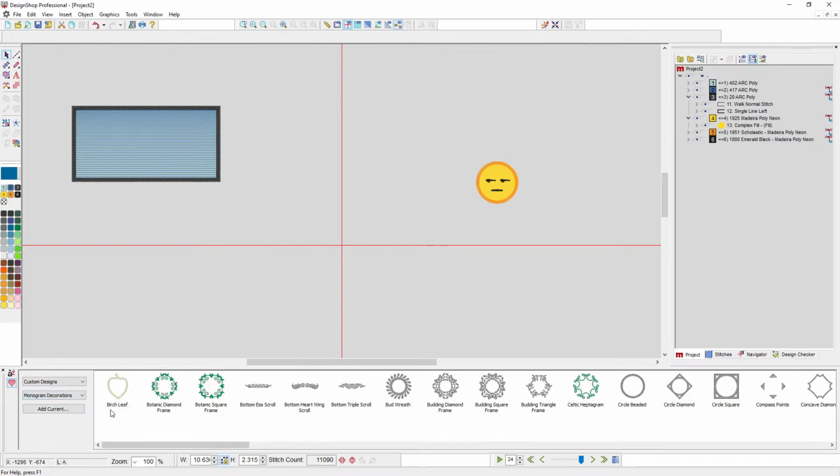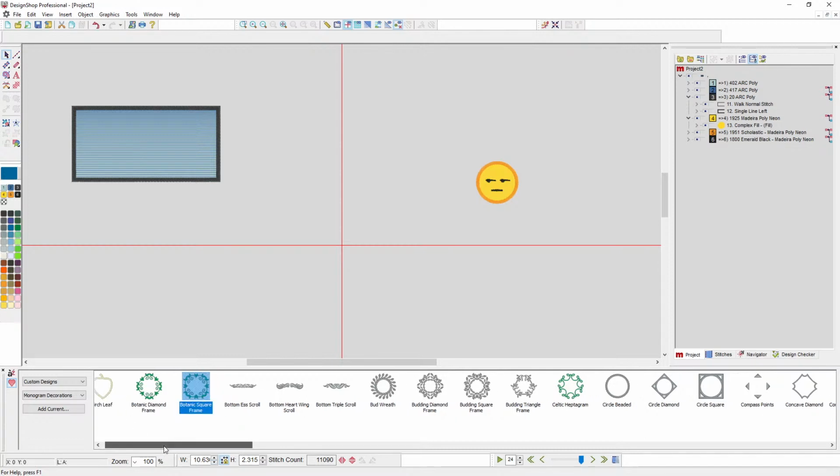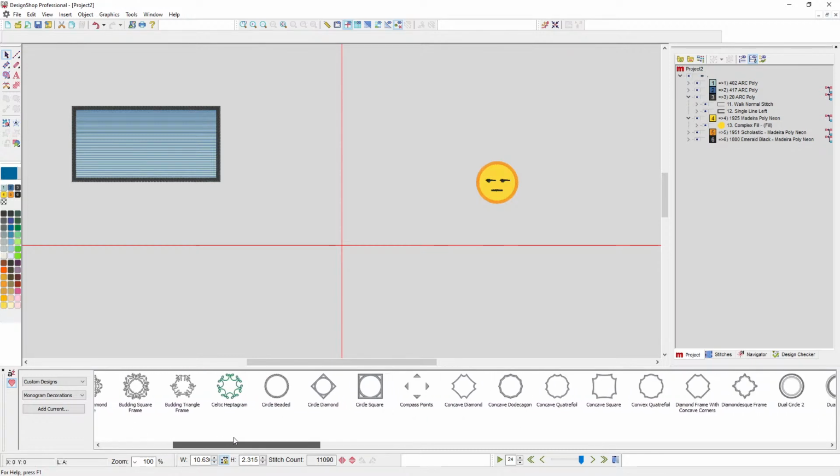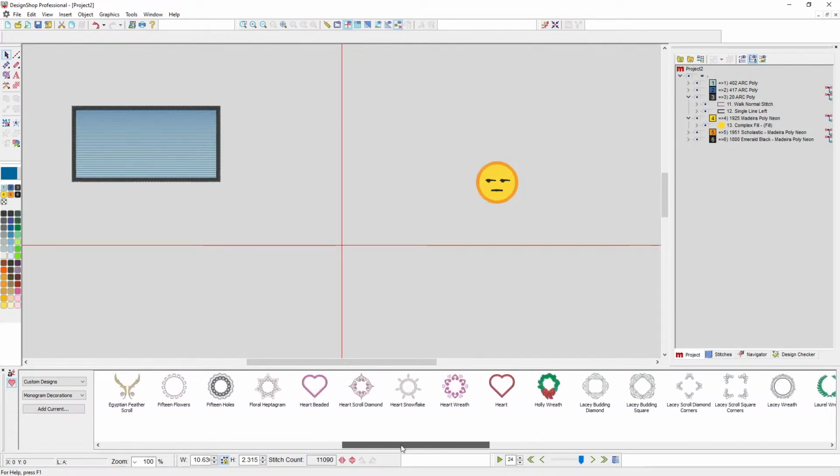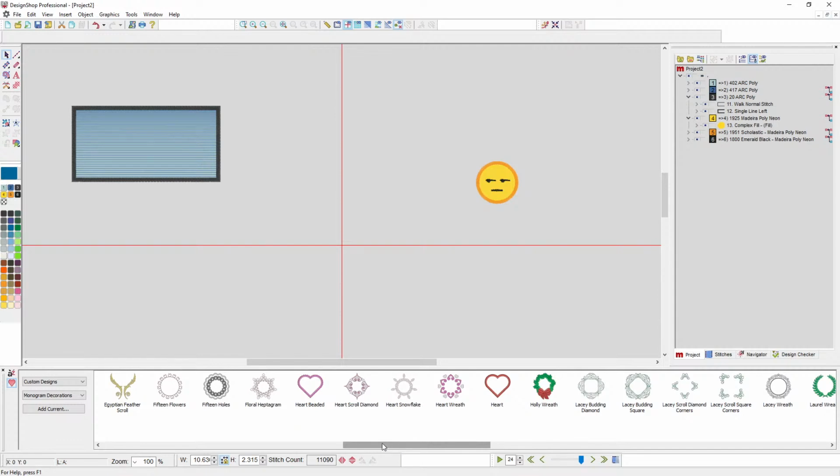So along with the monograms and alphabets that we've added, we added these monogram decorations that are drag and drop as well. Some of them are in some of the other monograms on their own, but we can scroll through, try not to get car sick as we do this, and we can drag these up,